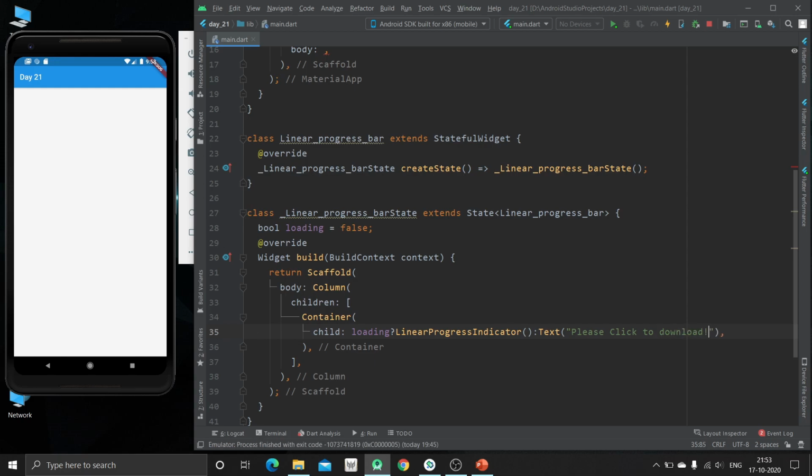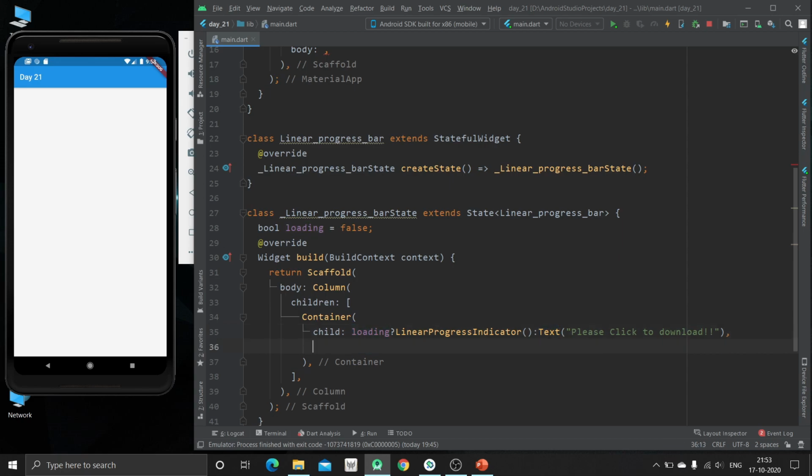So if this loading is true, then this linear progress indicator will be called, and if it is false, then this text will appear.